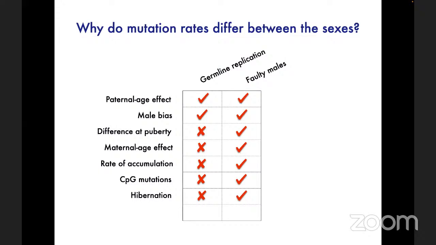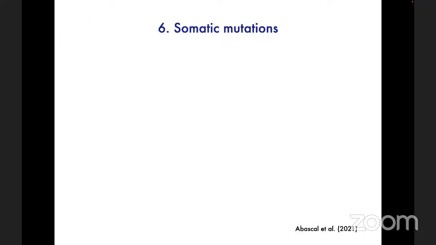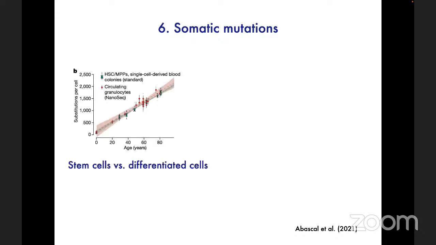The last piece of evidence, which I think is actually the most convincing, and I had nothing to do with collecting, is evidence from somatic mutations. First of all, the somatic mutation rate is much higher than the germline mutation rate. There is something fundamentally protected about animal germlines. If you look at mutation rates in the soma, they're an order of magnitude higher than in the germline. But if you look at somatic cells that have gone through different numbers of cell divisions in the same tissue type, because there's also a tissue type effect,